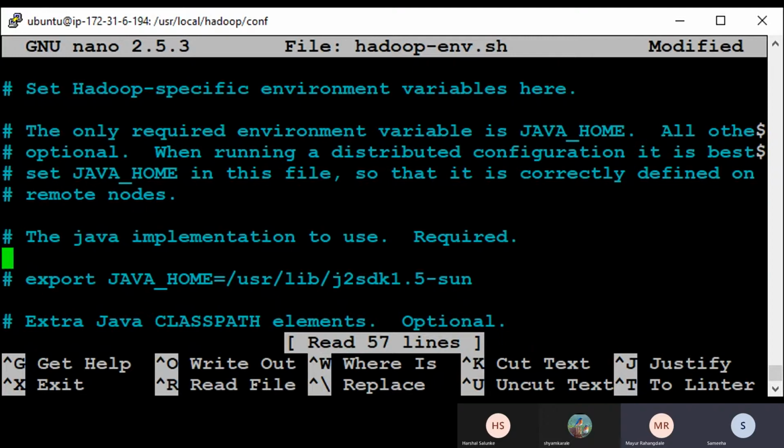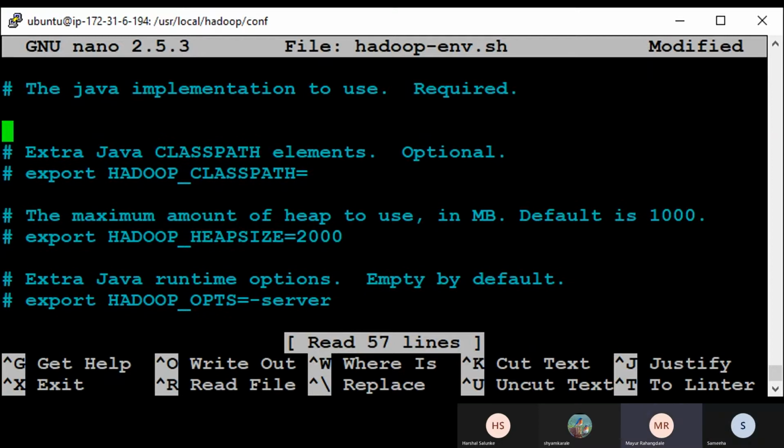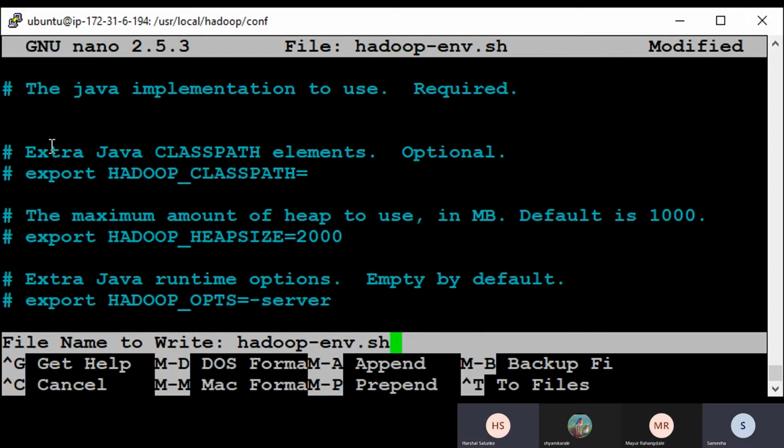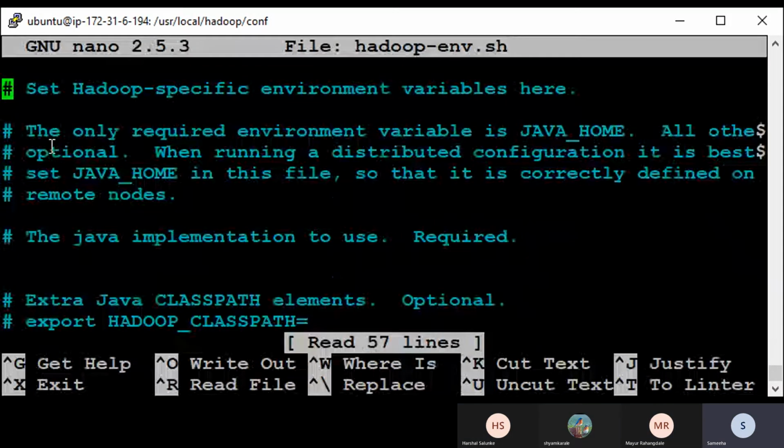Do Control X. Don't save the file. Now JAVA_HOME, from right here, I think. It is quite confusing. After that, you will be going in that file. Control X and N. Nano hadoop-env.sh. Again go.